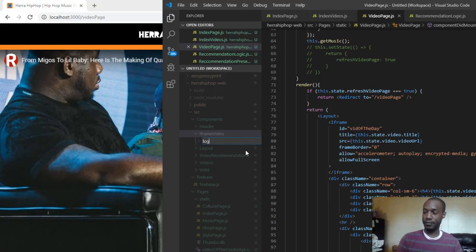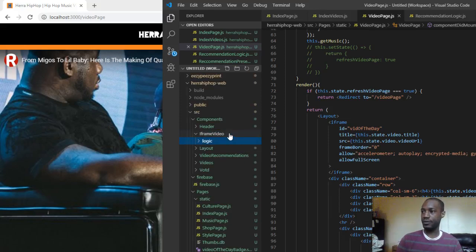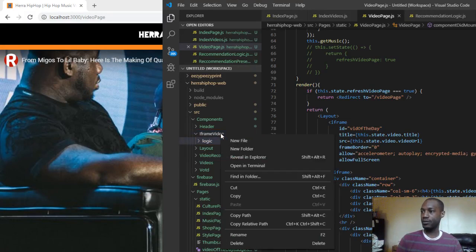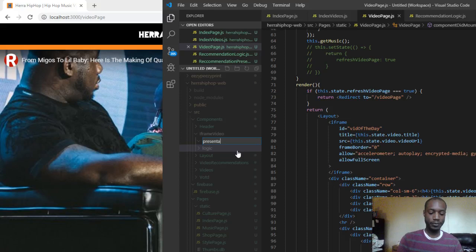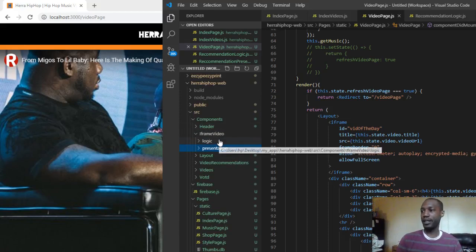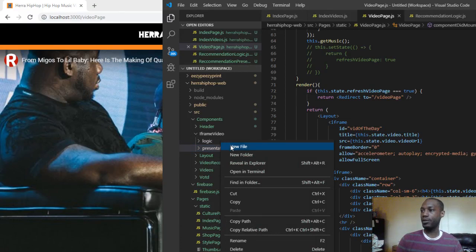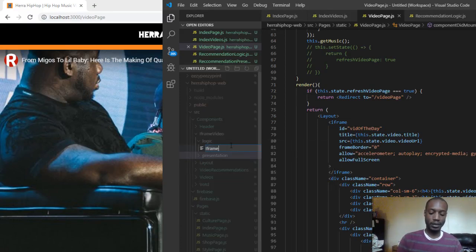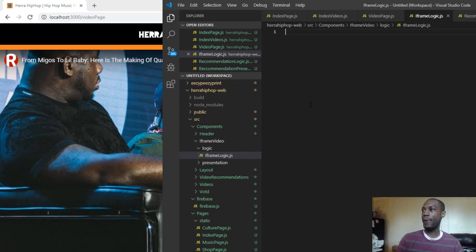So logic, presentation, and again the same thing again. So new file, iframe logic. Going to import React again in its component. Create a new class again. We'll call the class iframe logic